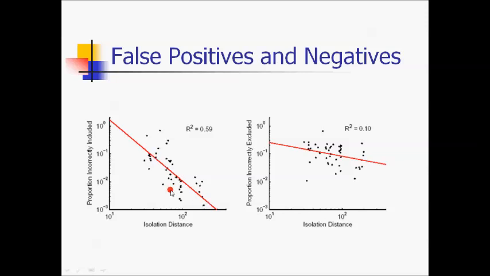If there is a small isolation distance, if two clusters are close to each other, it means we have a high probability of incorrectly including spikes from other neurons. If there is a high isolation distance, it means that probably we had this low probability. So